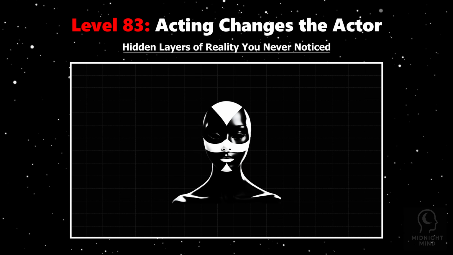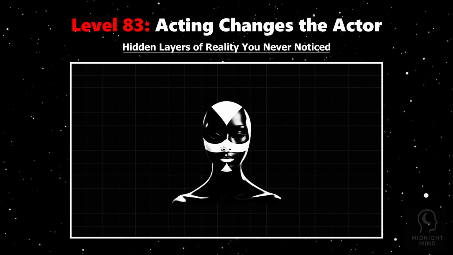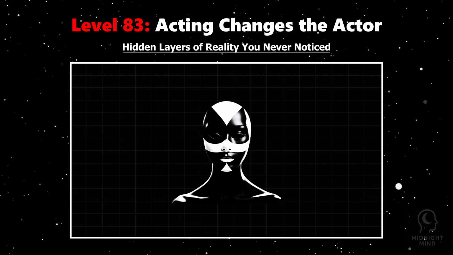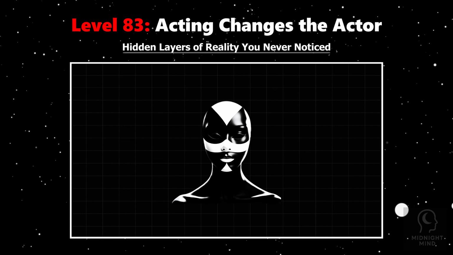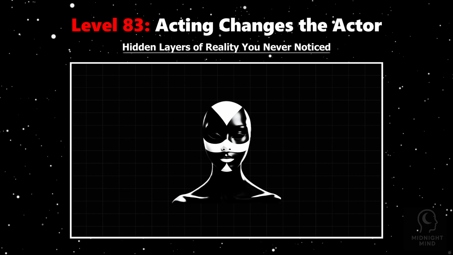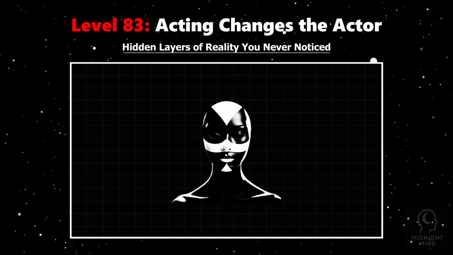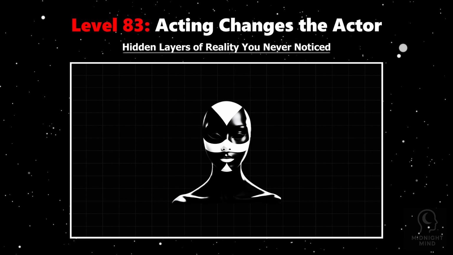The emotions you express shape the neural pathways of your brain. If you persistently act happy without resolving the underlying sadness, your brain may become confused, making the mask your default face. This can lead to emotional dissociation, where you lose touch with your real feelings because your outward expression no longer matches your internal truth.